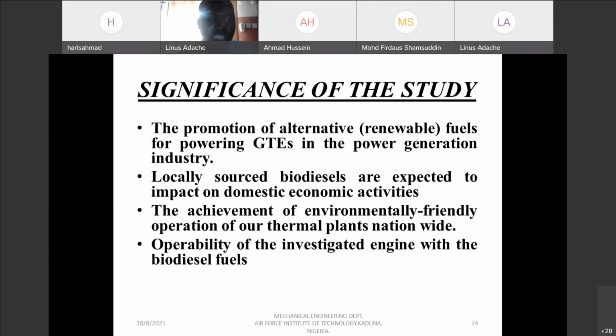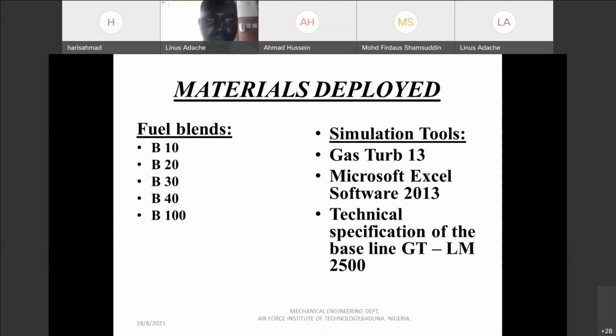Third, the achievement of environmentally friendly operation of our thermal plant nationwide. Finally, operability of the investigated engine with the biodiesel fuel. Material deployed for this research: